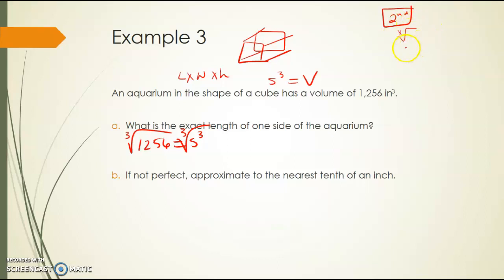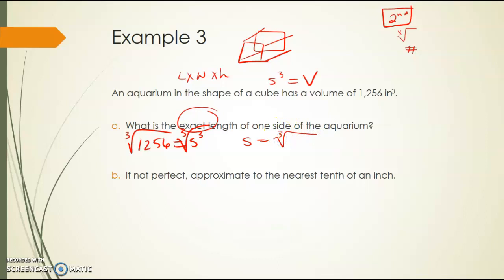That's the one you want to push, but it should be second, and then look for this symbol, and then you can type in your number. So here I have on my calculator, and I'm going to type in 1,256, and it is not a whole number, so when I go to give the exact length, I'm going to give that the cube root,